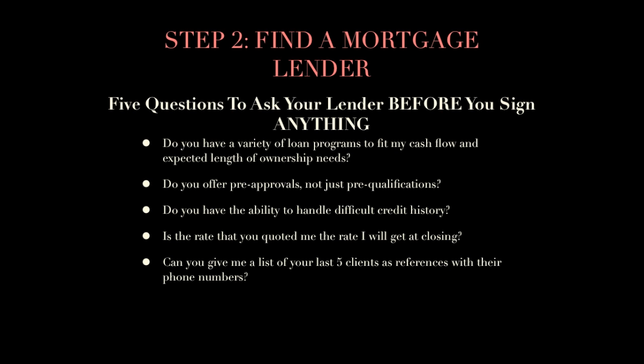In step 2, we're going to go over finding a mortgage lender. And I think that it's really important to ask these 5 questions of your lender before you sign anything. That first question is, do you have a variety of loan programs to fit my cash flow and expected length of ownership needs? And what this means is there are many different lenders that are approved with many different loan